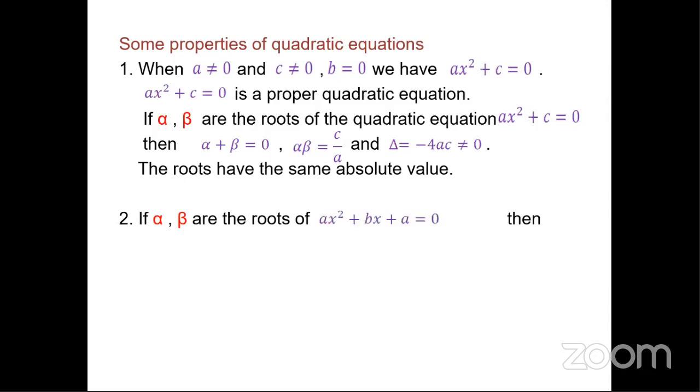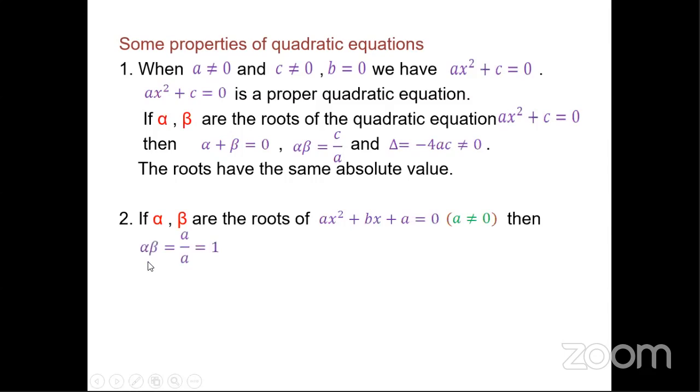Now, if alpha and beta are the roots of the quadratic equation, this is also a quadratic equation, children. Ax square plus bx plus a equal to 0. Generally, we take the constant as c, but in the place of constant, here you are taking it as a. And the condition which we are imposing on this equation is a not equal to 0. Then,